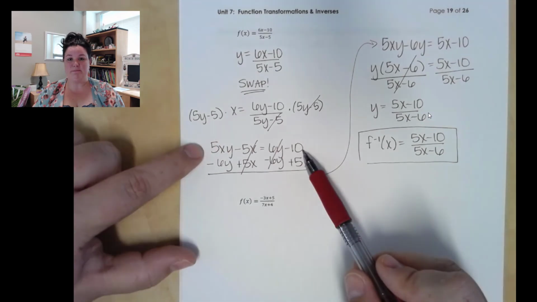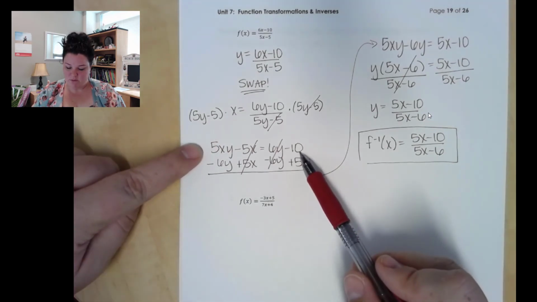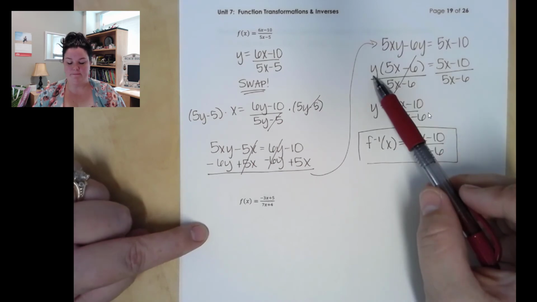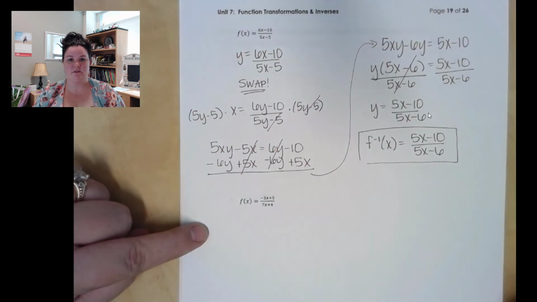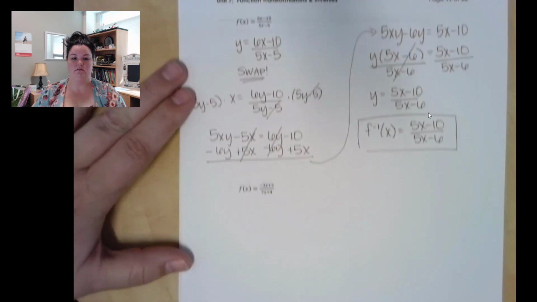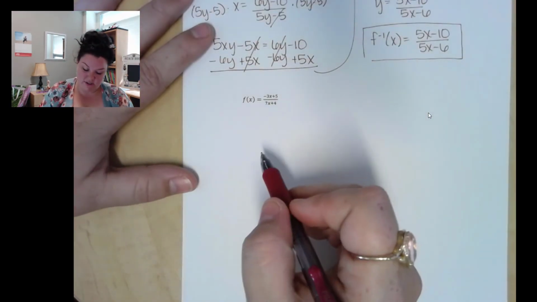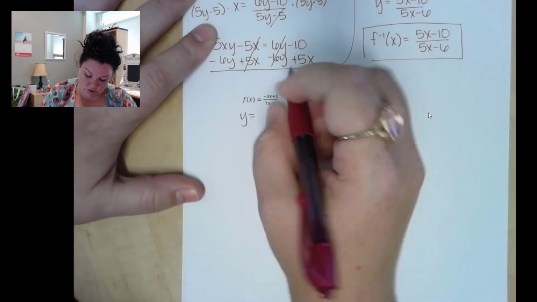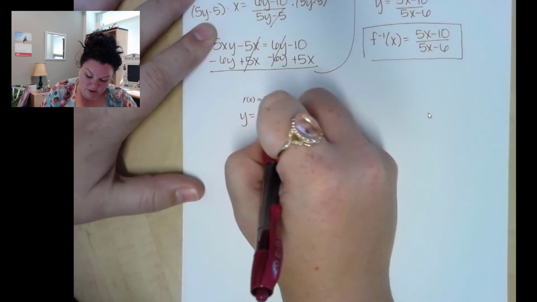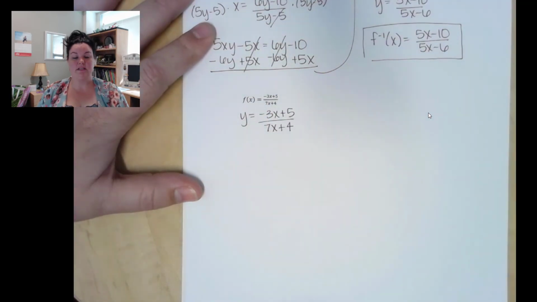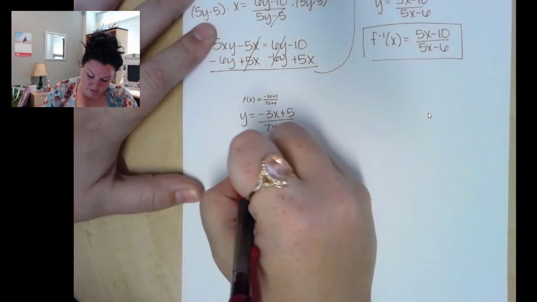And then from there, it's just a matter of solving for y by moving all y terms to the same side, factoring out the y, and dividing off the leftovers. Okay, so let's look at another one, very similar. I'm going to take it out of function notation. So this gives me y is equal to negative 3x plus 5 over 7x plus 4. Then I swap all of my variables,